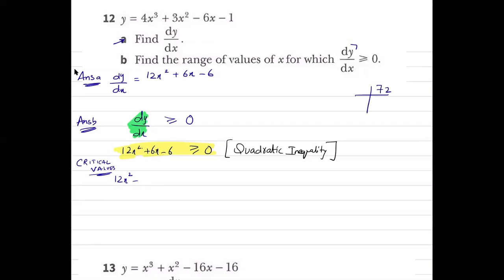So if you remember, how do we factorize this equation? You are going to multiply 12 with 6. It is going to give you 72. You are going to find the prime factors of 72. So 2 times 36, 2 times 18, 2 times 9, 3 times 3, 3 times 1. Once you have the prime factors, you are going to make a combination in such a way that you will find two factors that when subtracted are going to give you 6x.